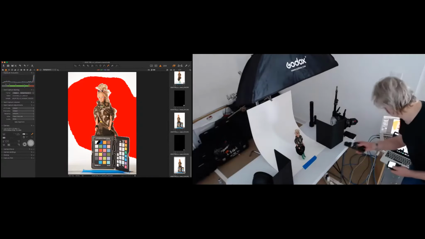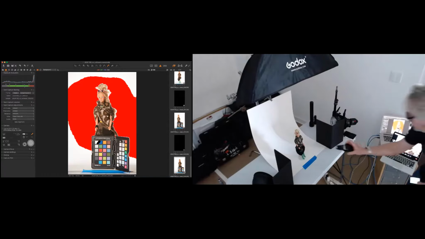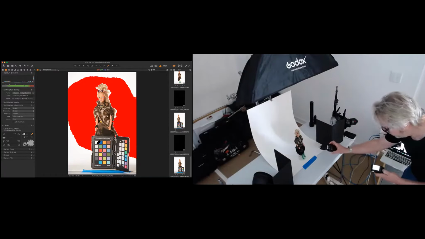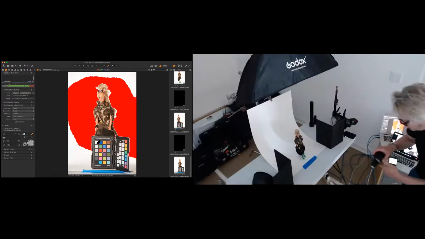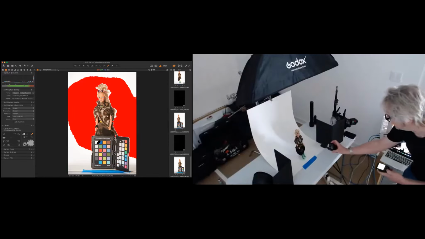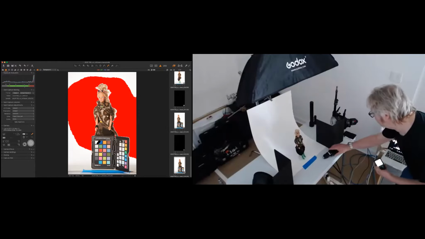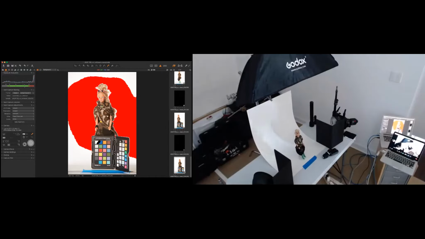So again, reflected light meter, and I'm just going to read the floor. Reflected light meter turned on. So this is giving me 22.5. I think that's a little hot, so I'm going to dial it down a third of a stop. And see what it looks like.